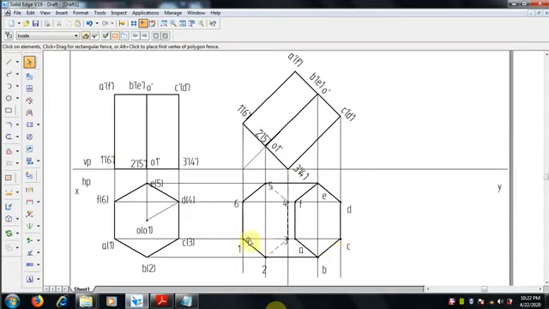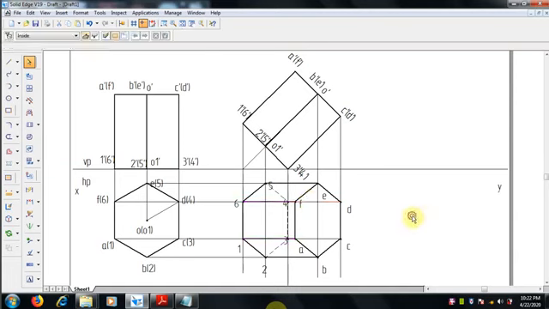And now we can join which is visible line, we have to make it visible. So the edge 1 with A is visible and 2 with B is visible, 6 F is visible. These are all, select this and we can make